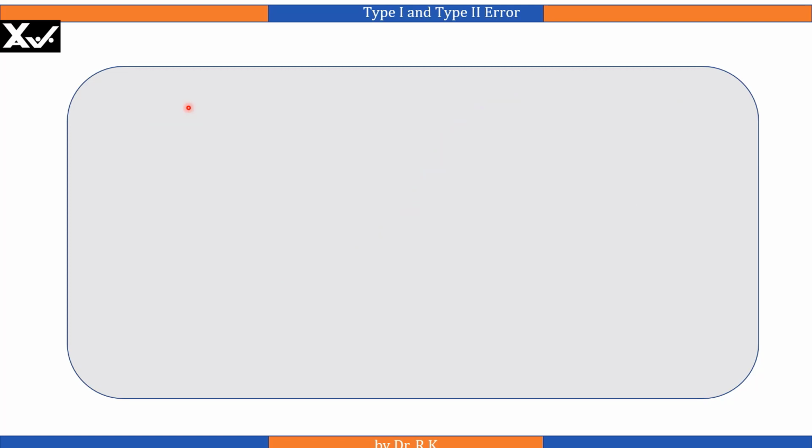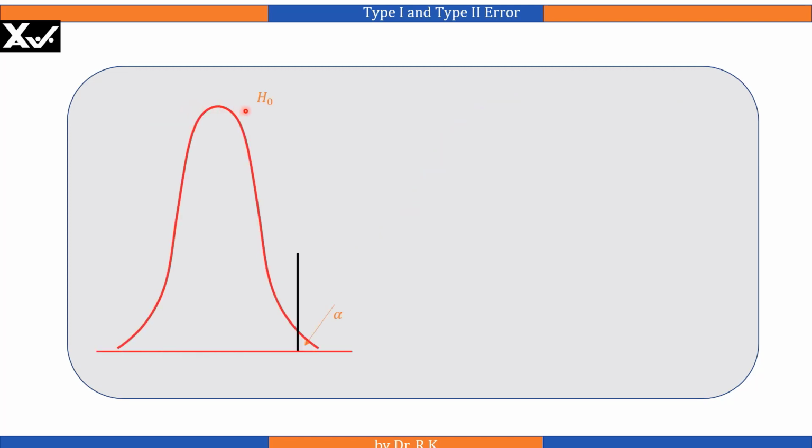Here we will visualize both type 1 and type 2 error. The null hypothesis distribution is shown here, the red distribution curve, and alpha region is shown here, 5% area obtained by drawing this dark blue line. And if the test value falls in this region, the P value is lower than alpha value, therefore we reject the null, we make type 1 error, and the chance of making type 1 error is 5% because the chance of this actual test line falling in this region is 5%.